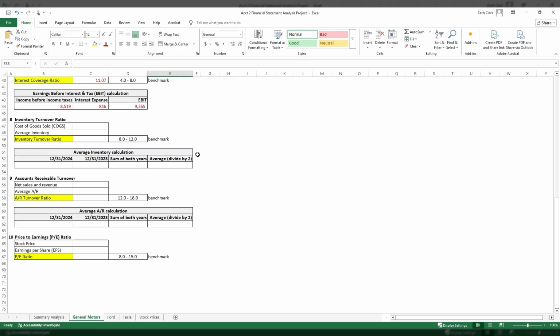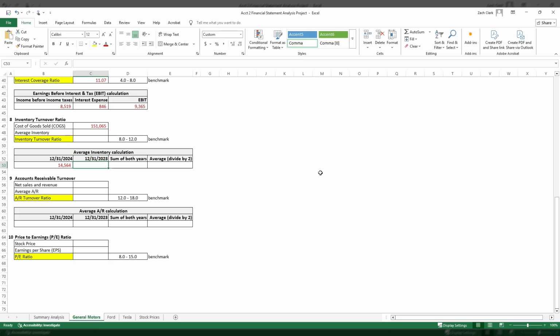Okay, let's keep going. Inventory ratio. So cost of goods sold, average inventory. So yes, let's look at cost of goods sold. We're going to pull in this 151,065 number, which is listed specifically as automotive and other cost of sales in the income statement. And then again, we need to go to our balance sheet and do a calculation of average inventory here. So 12/31/2024 plus 12/31/2023 divide by 2, just like we did for shareholders' equity above. So let's look for inventories. We got 14,564 for